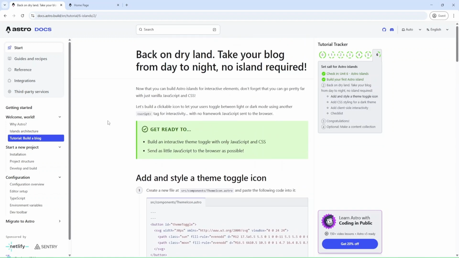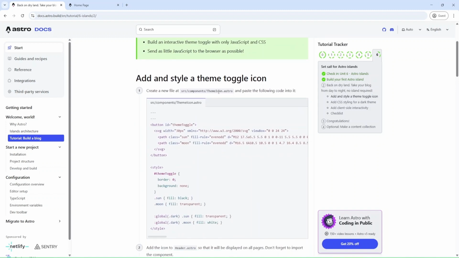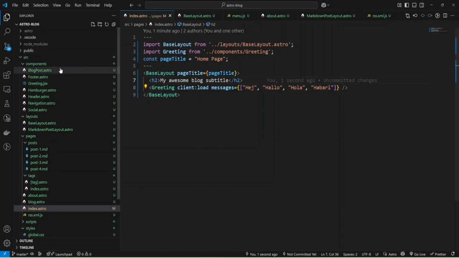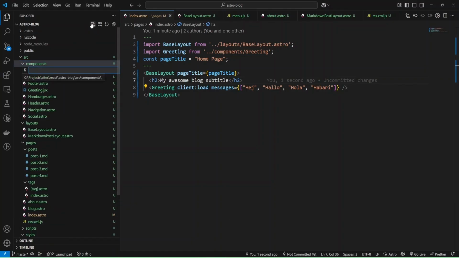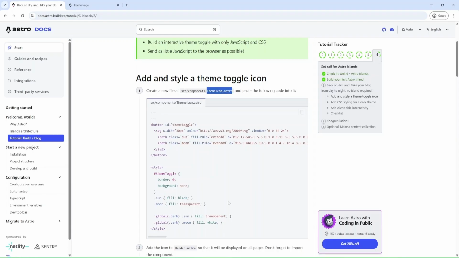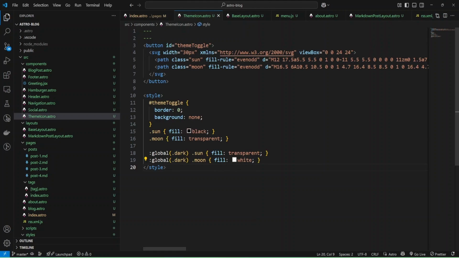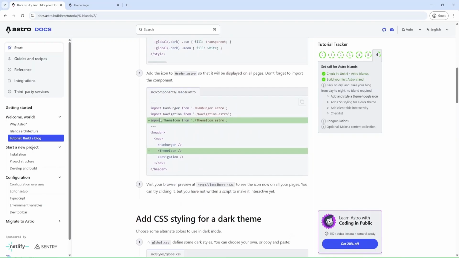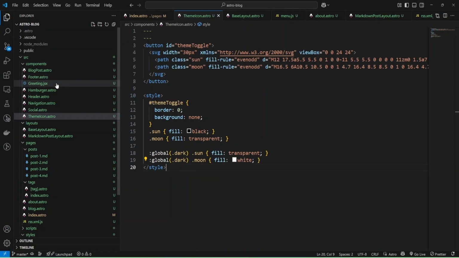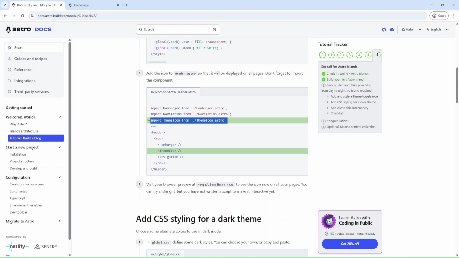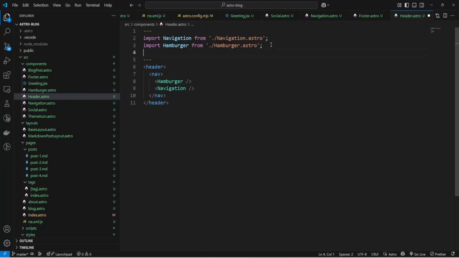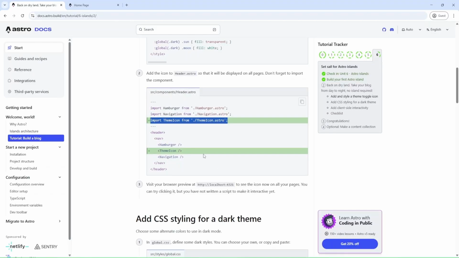Okay, and let's check. We can add this theme icon component. And I'm going to add it here, and just copy the code. Okay, and let's check. And now we can add this component to our header. Okay, let's check header and add it below hamburger, and also here.